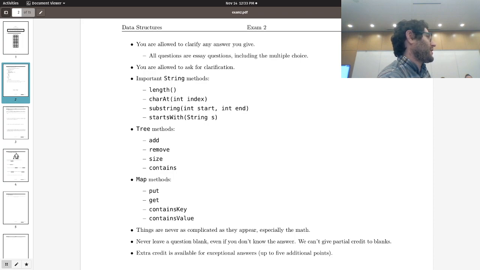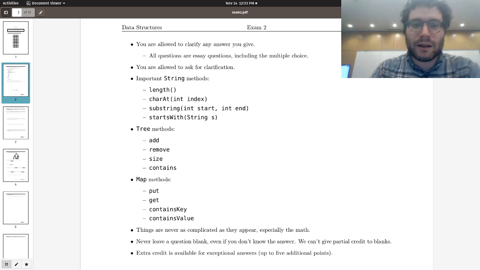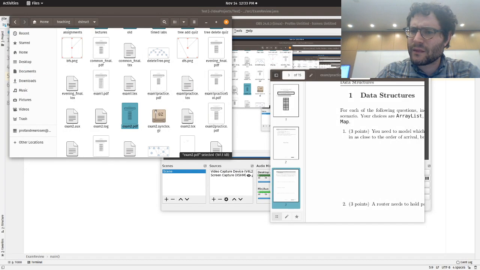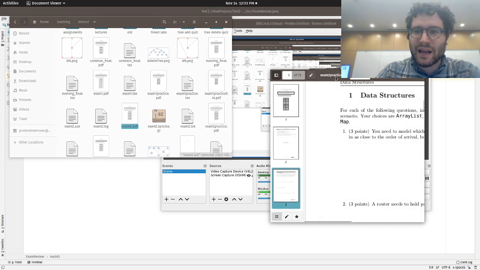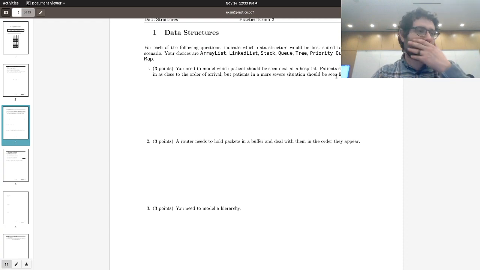By the way, you should have a cheat sheet for this exam. But you'll see that there's that add and remove. Add and remove don't really come up too much in terms of writing something for trees. All right, so this first page